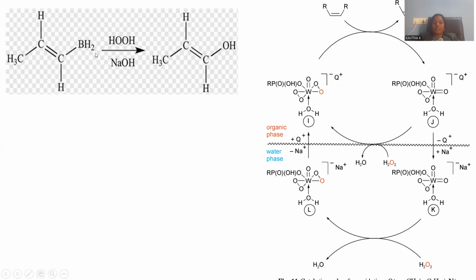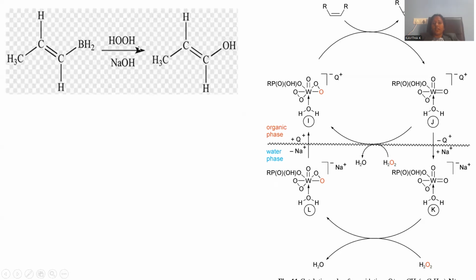BH2 is a better leaving group in comparison to the olefinic double bond. There is a compatibility factor. In general, if hydrogen is also there, obviously we will go for epoxidation. There is a possibility of epoxidation. Rather, here the carbon resided with BH2, that is boron hydride, so there is a compatibility with this double bond. In comparison to the double bond, BH2 is more reactive.